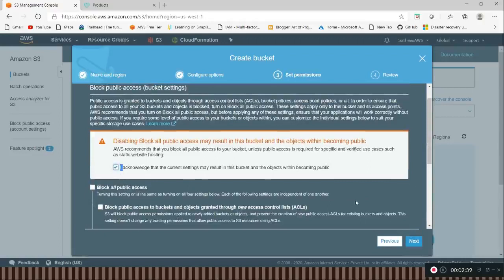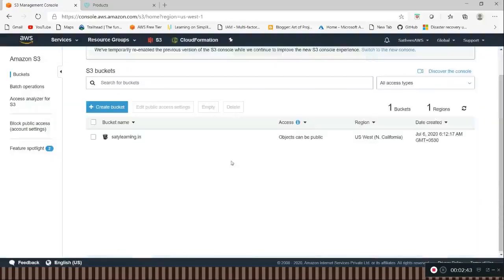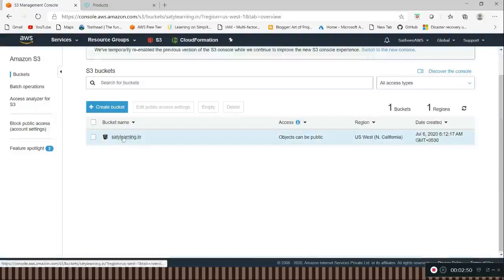So I'm clicking the acknowledgement, clicking next. So the bucket is created. The bucket can be accessible in public.